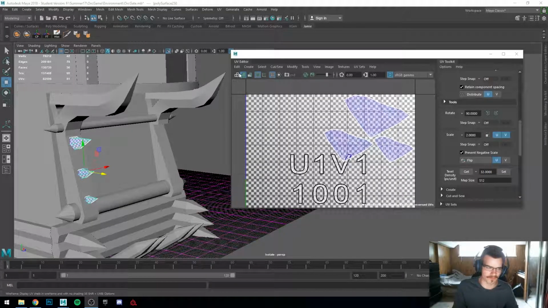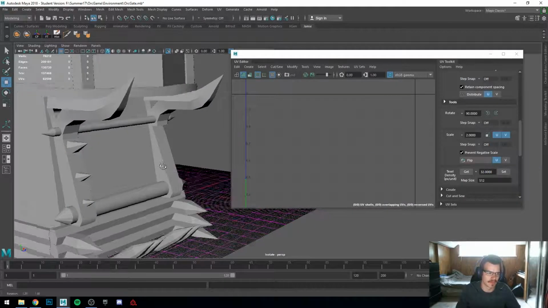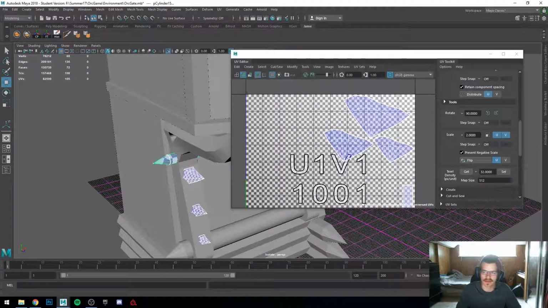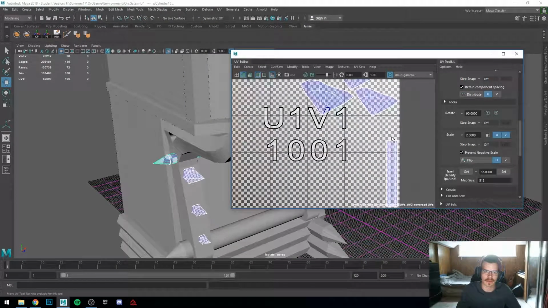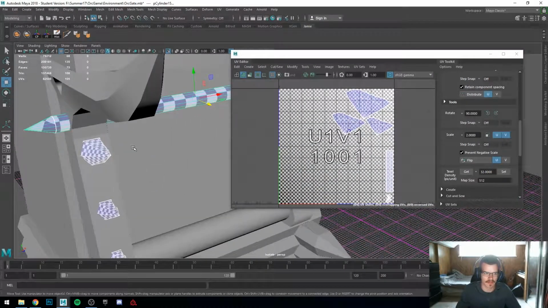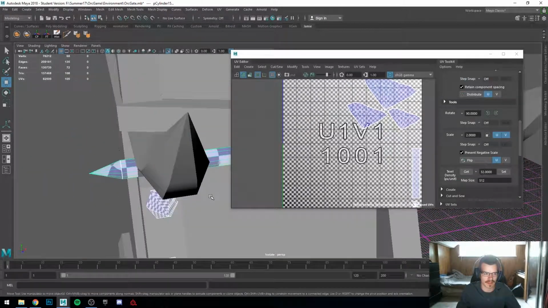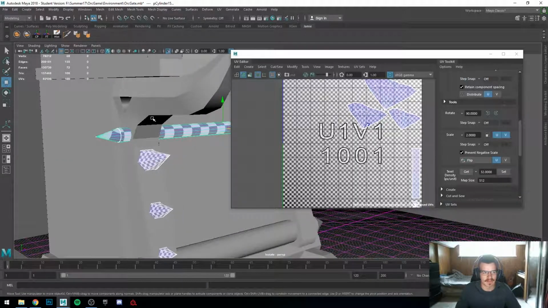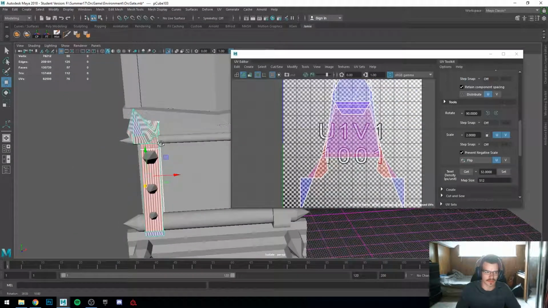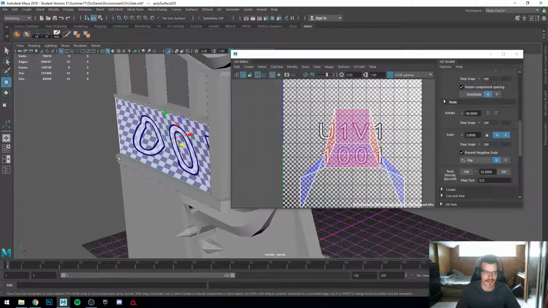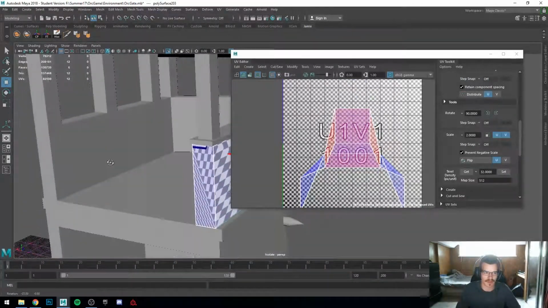All right, so what we have here, we have these UVs, if we remember, and this here. We can see they're not taking up the same space. They are at different texel densities. We're going to fix that later on. If you're going to do multiple projections for an object, you probably want to